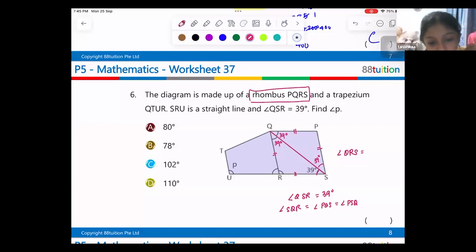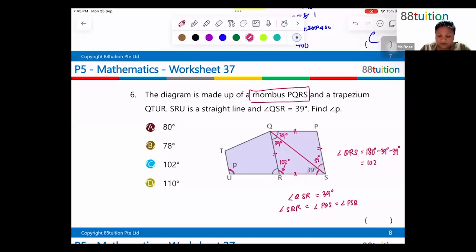180 minus 39 minus 39. Yes, thank you very much. It is the sum of angles in a triangle. What I want to find is this angle, which is QRS. Sum of angles in a triangle is 180 degrees, minus 39 and 39 gives me 102. So this is 102 degrees. If that's 102, can you find this angle? This angle is also 102 degrees. Why? Because can you see that